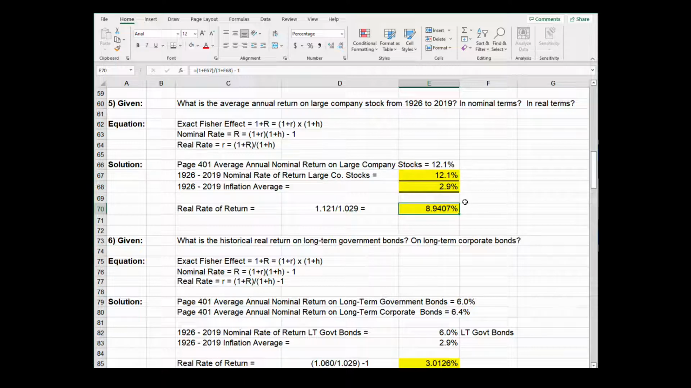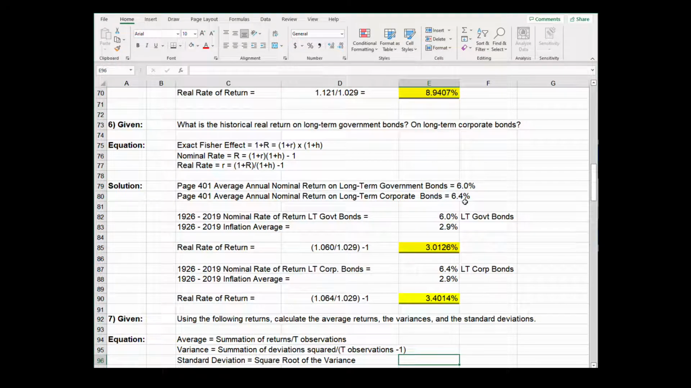If I had done the approximate Fisher, it would be 12.1 minus 2.9, or let's see, what is that, 9.2%. Yeah, 9.2%, very close to the 8.9%. So the approximate Fisher effect works very, very well. What's the historical